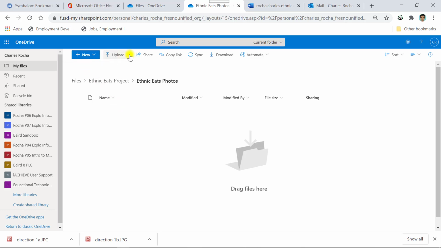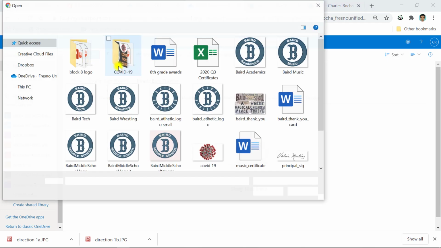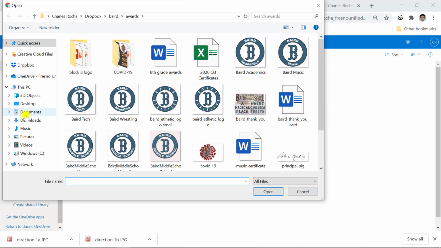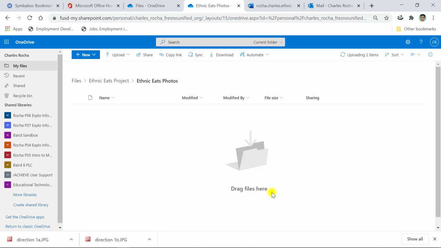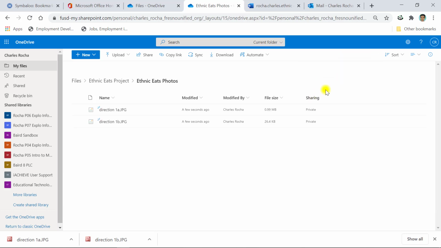And I'm going to click on upload, because I'm going to upload those files from my download folder that are on my computer. And so I will go to downloads, and these are the two that I downloaded, and I'm going to open them up and upload them. Okay, and it takes a minute to upload them. All right, now